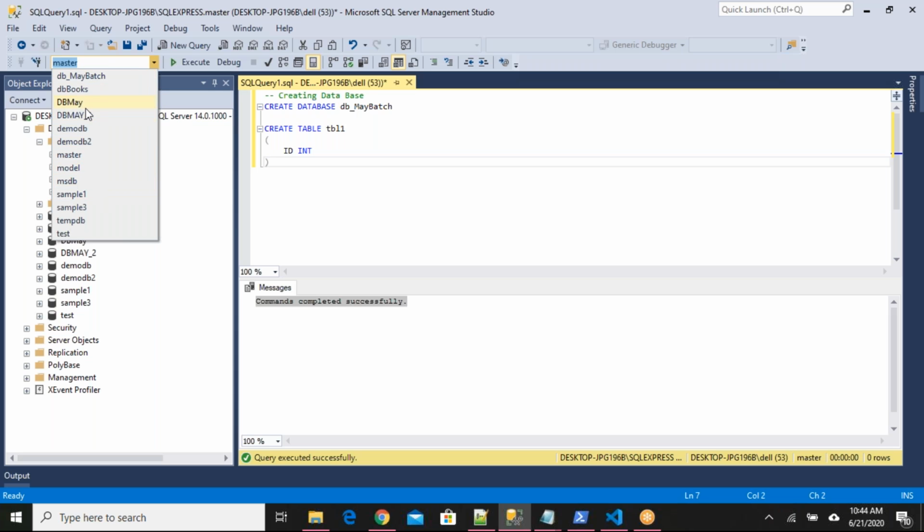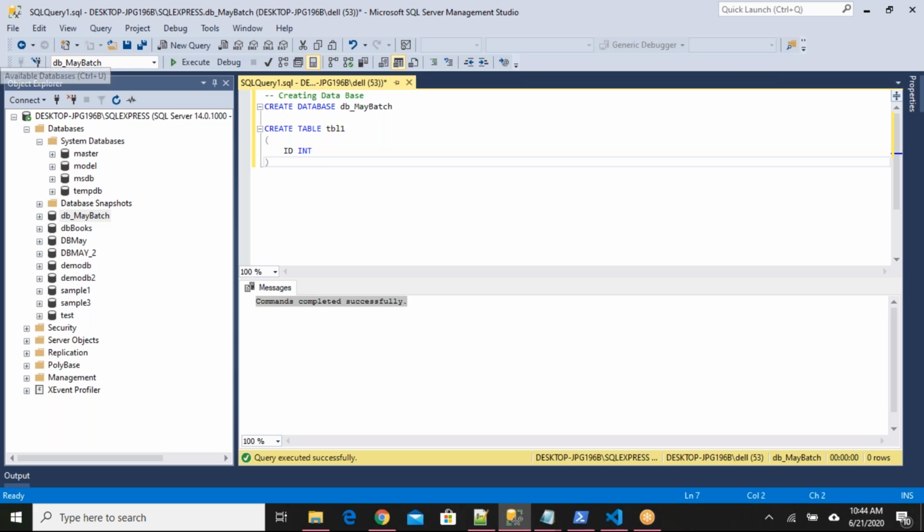You have to select db_may_batch. Then if you run the query, it will be executed against db_may_batch. If I execute the same query, now the table will be created under the db_may_batch database.